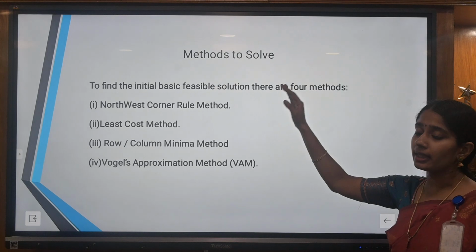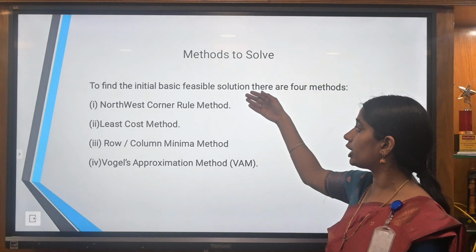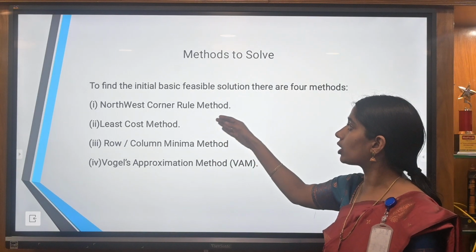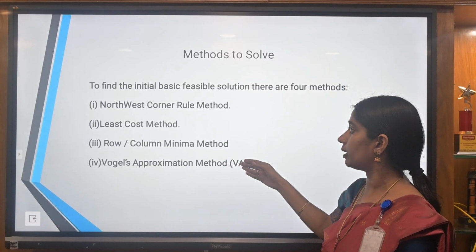As I said before, to find the initial solution of the transportation problem, we use the following 4 methods. Northwest corner rule method, least cost method, row and column minima method, Vogel's